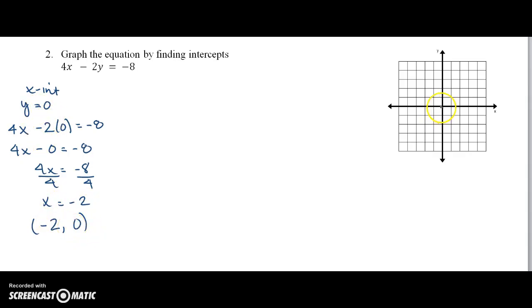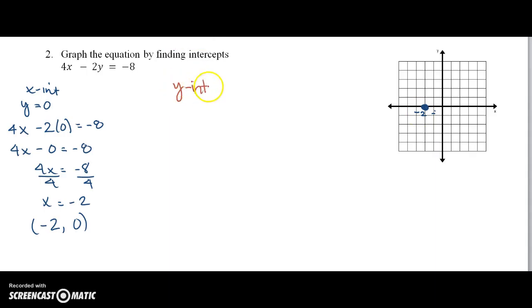So I'm going to graph that. Negative 1, 2, 0. It's supposed to be the x-intercept, so it should be on this line. This is negative, bummer, negative 2. And then for your y-intercept,